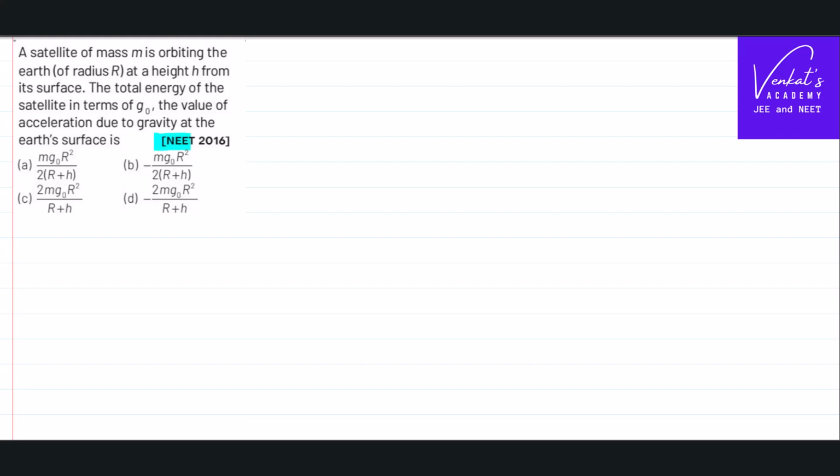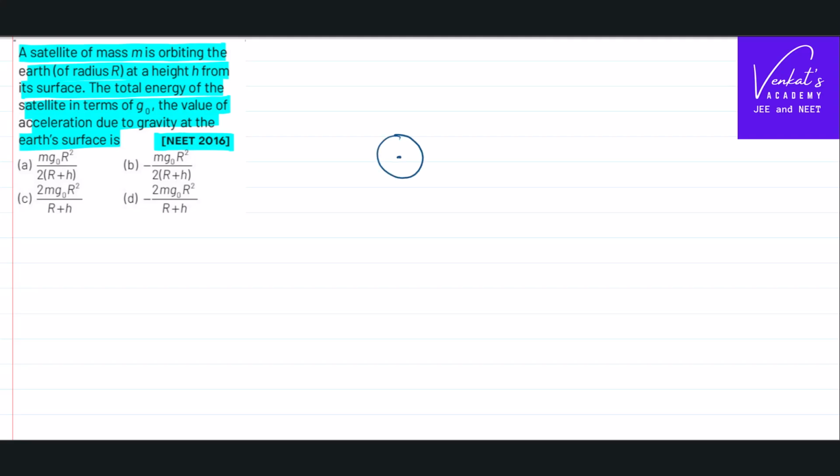This is a NEET 2016 question in gravitation. A satellite of mass m orbiting the Earth at a height h from its surface. Total energy of the satellite in terms of g naught, the value of acceleration due to gravity on the surface of the Earth, is how much? Right? So what he is saying is,